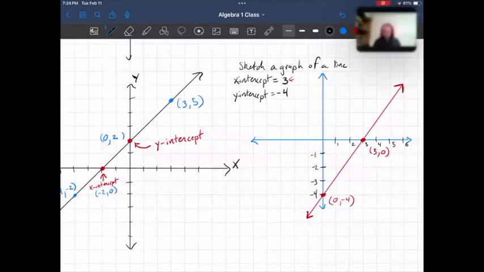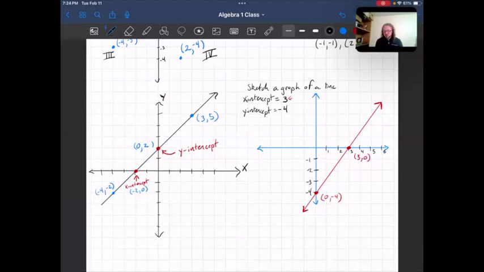All right, so that is one way to sketch a line, right? We can graph by using intercepts. And all we need are those 2 points and a straight edge, a ruler, so that we can draw the line in between them. All right, but